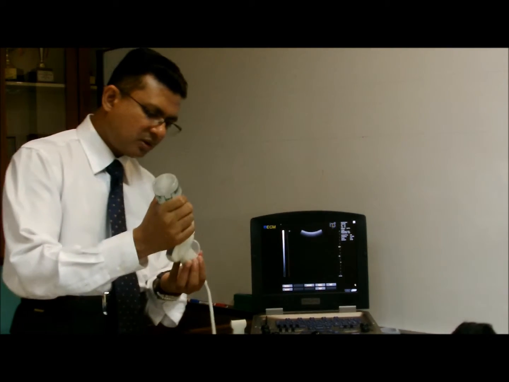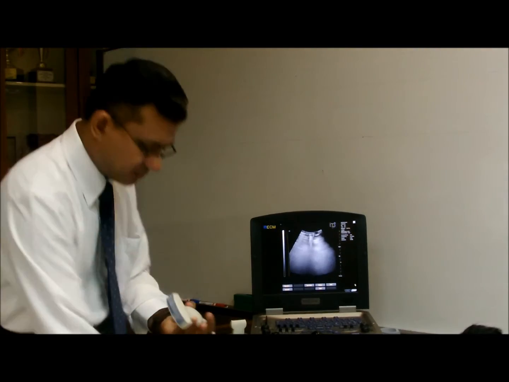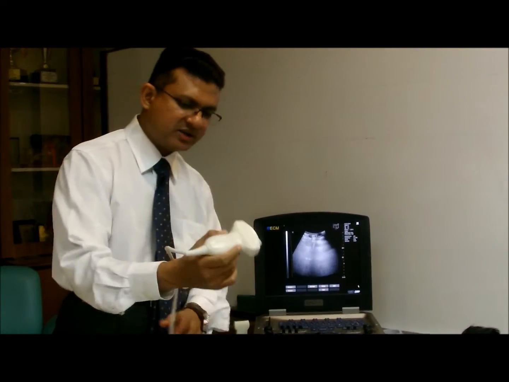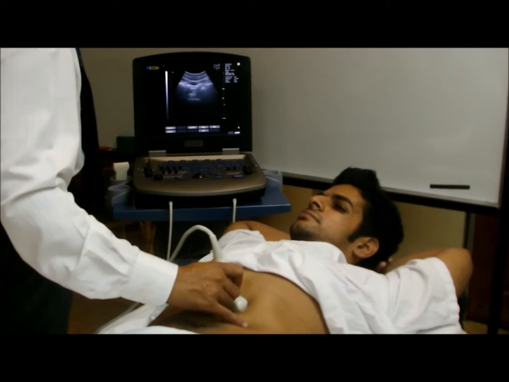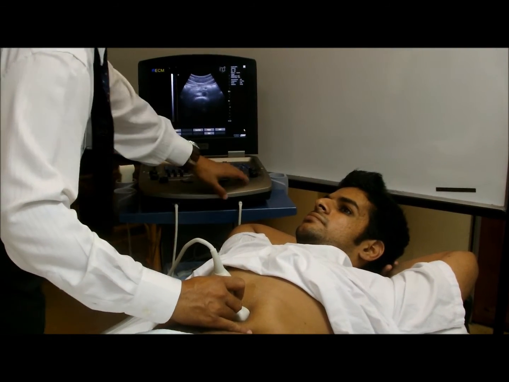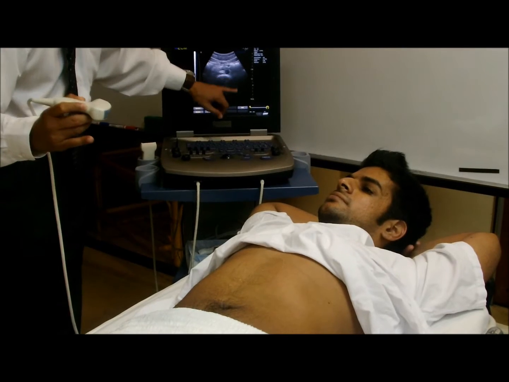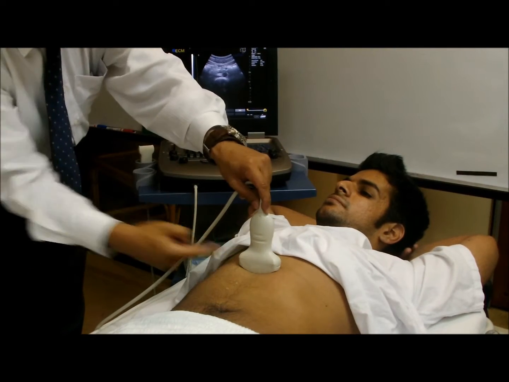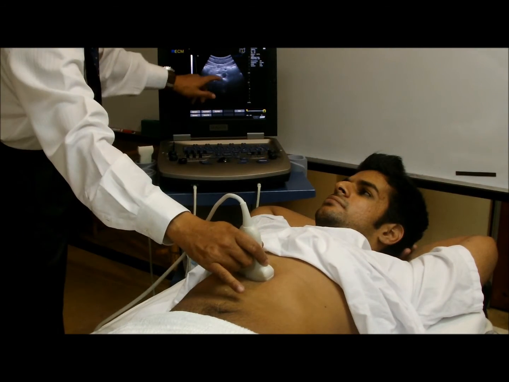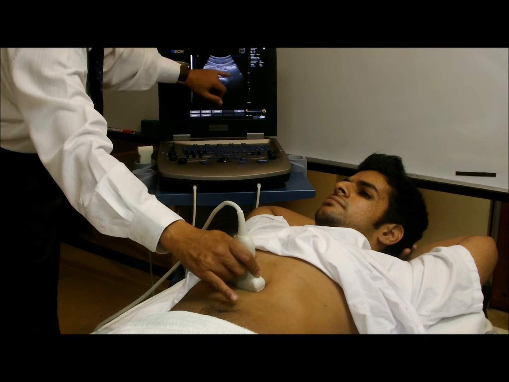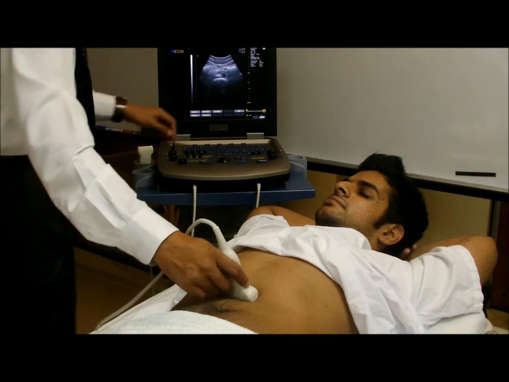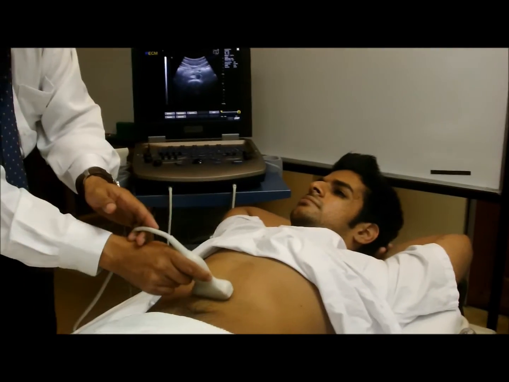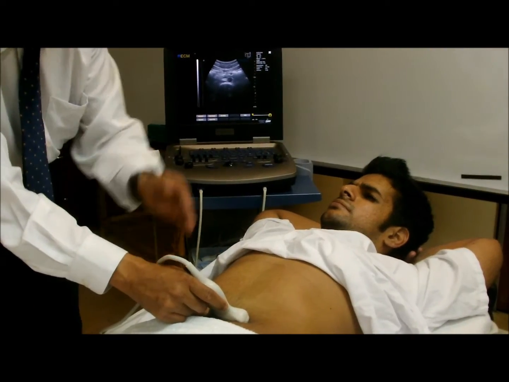So, here, putting in the gel and straight away putting it over the epigastric area. For the aorta, what you would readily see is a large shadow here. This is putting it here with the arrow towards this side. This is the vertebra, a large shadow. Sitting on the vertebra will be a pulsatile coin-like lesion, which is the aorta. And if you run it from here towards the umbilicus, it will bifurcate towards right and left.